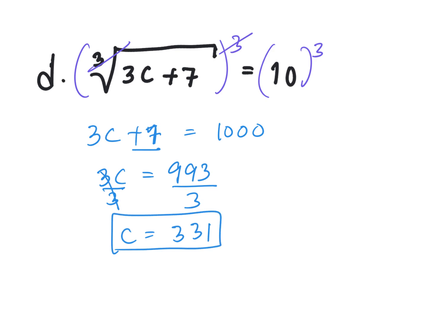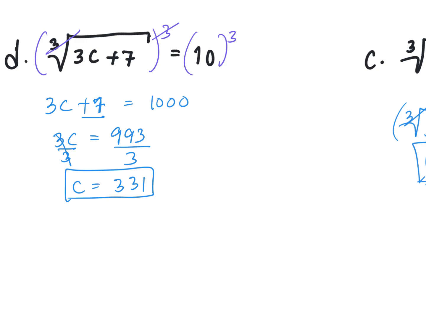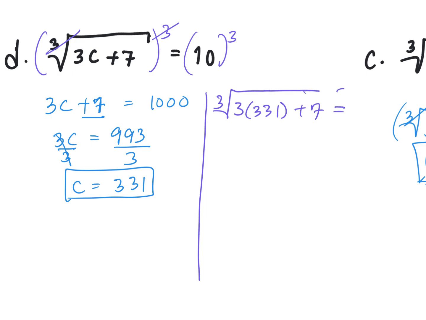As usual, we're going to recheck our answer. Rechecking our answer here, we're going to have the cube root of 3 times 331 plus 7. Is it equal to 10? Continuing the process, we know that 3 times 331 is going to give you 993, plus 7 is